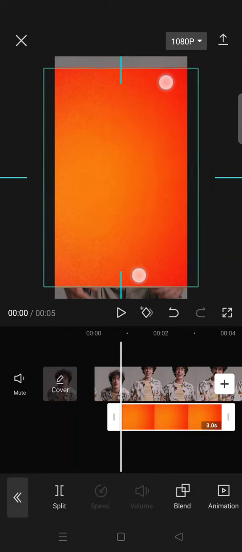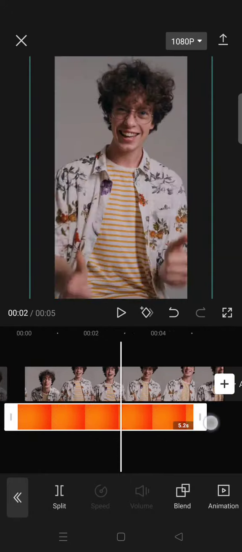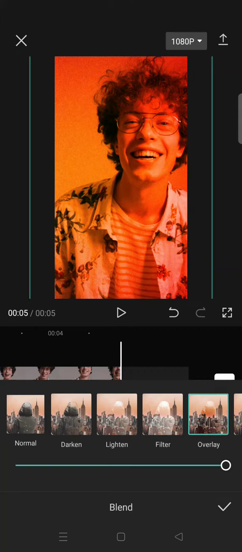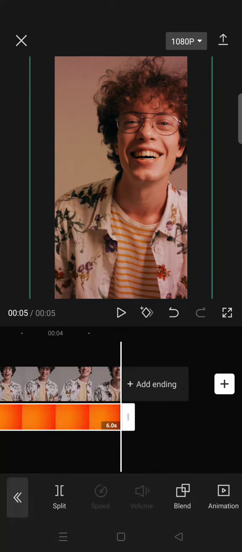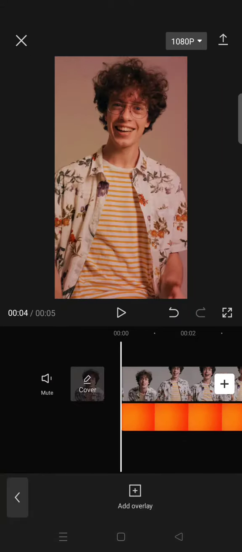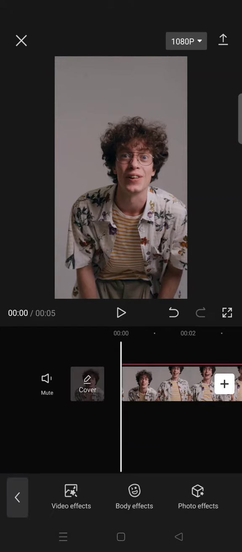Then just fit the size to fully cover your clips and then go to blend, overlay, and then lower the opacity to your liking. I'm going to go with 25. Click on a check icon, then go to the video effects,